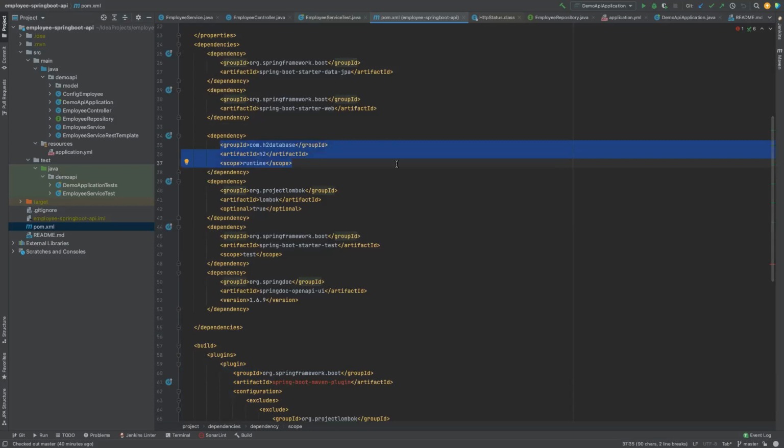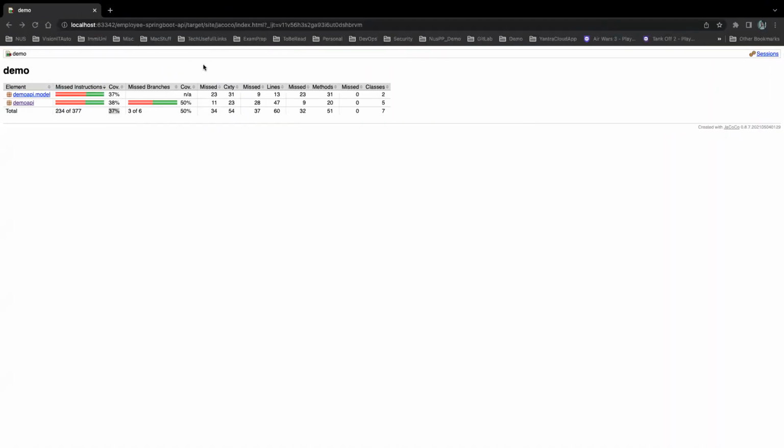So H2 database is nothing but an in-memory database. It automatically, it doesn't need any server, Spring Boot automatically spins it up in memory for you. To see the results, I can even show you. So if I go and run this, if I run this,